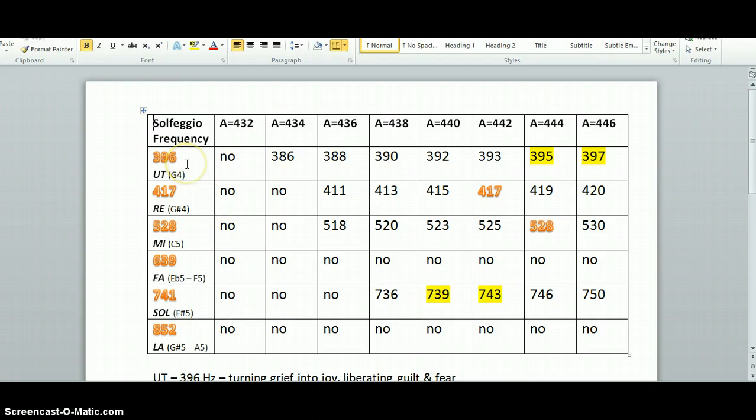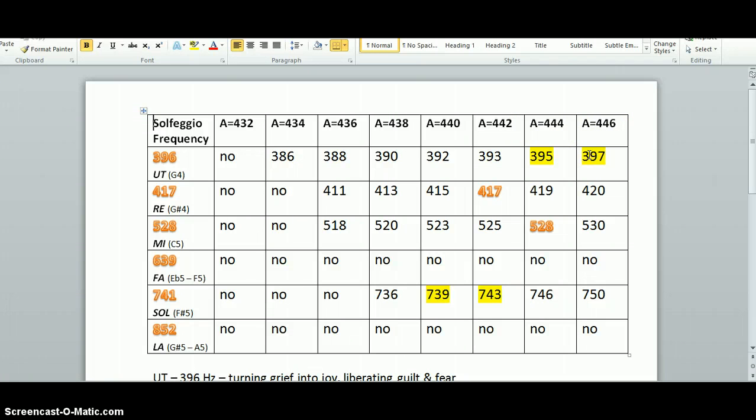In order for the 396 to work, you need to be somewhere in this range between concert pitch A444 and A46. Even with Pythagorean tuning or just intonation or well temperament, you're still going to be closer here than you are down here. So in order to get this 396 pitch, you need to be higher on the range of